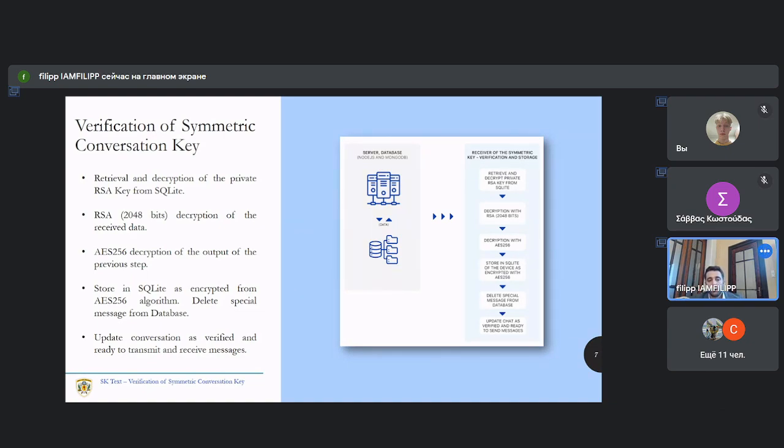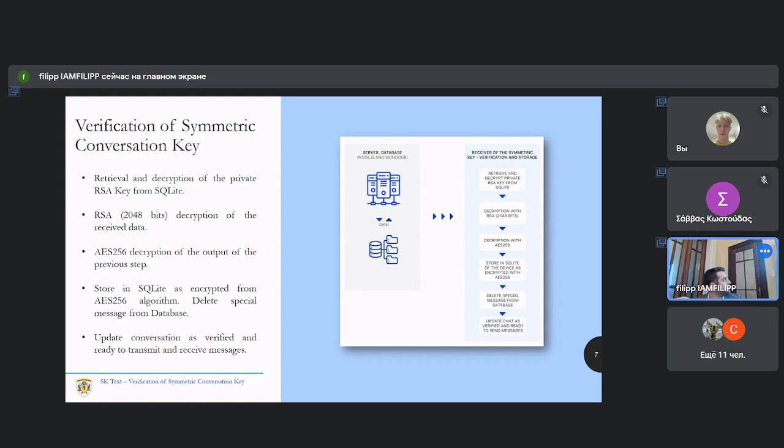The second step is the RSA 2048 bits decryption of the received data using the private key that has just been retrieved. The third step is the IS-256 decryption of the output of the previous step. And finally, the data are stored in SQLite as encrypted by the IS-256 algorithm.